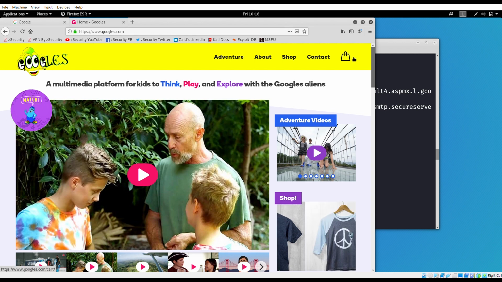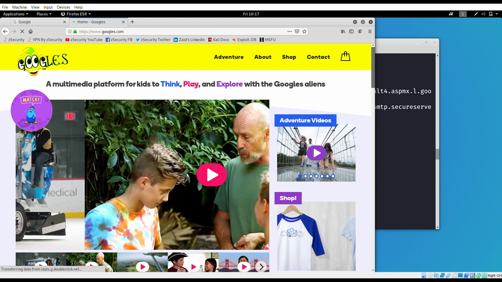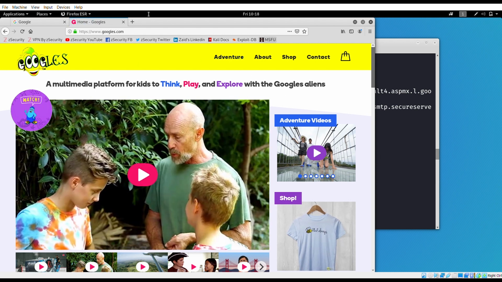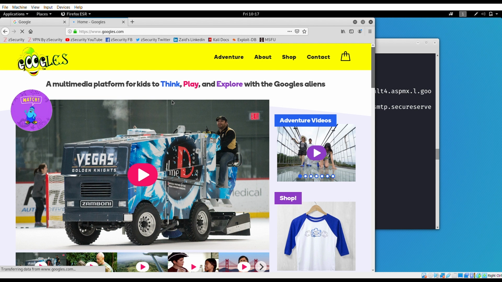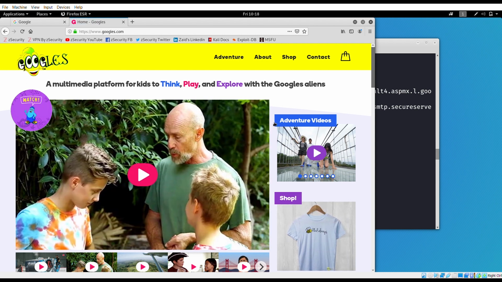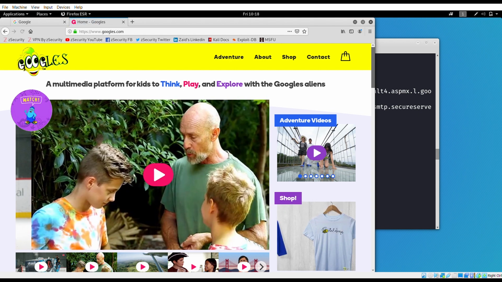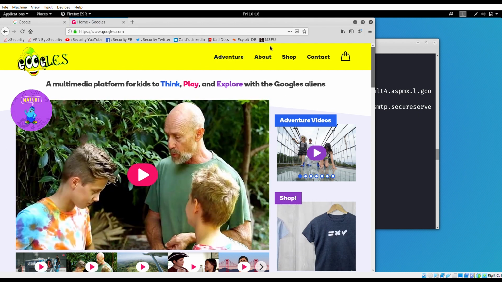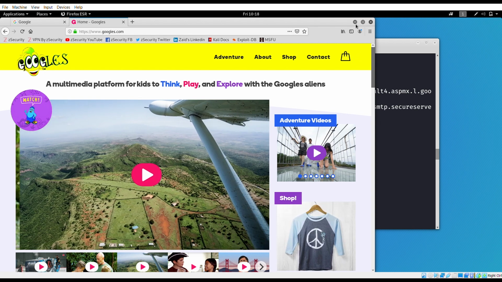Here we can see that it is not asking us to click on something, so it may not be malicious. But if we come across a domain where, whenever we open that website, it asks us to click on it and download something, that can be a malicious page. But here it's not asking us to click on anything or download anything. Okay, so let's try something else.